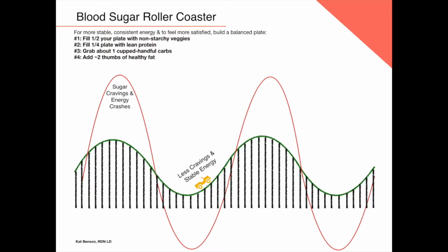All right, so to kick things off, let's start with a blood sugar roller coaster. Your blood sugar roller coaster refers to how your body breaks down the food you feed it, and the nutrition in that food, and how that impacts your energy levels. If you eat certain foods, it'll spike your blood sugar higher and then drop it back down. That increases cravings, whether they're sugar cravings or salty cravings, but just overall cravings of foods that aren't the